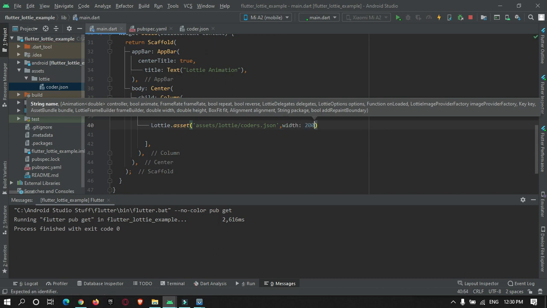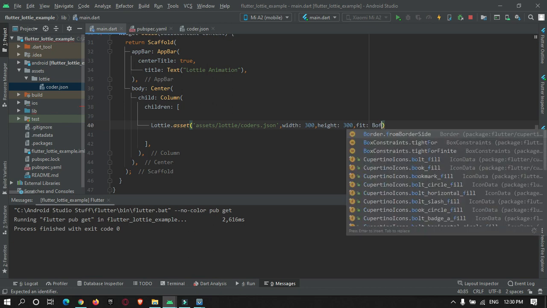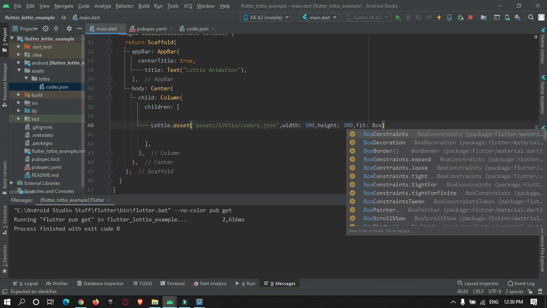You can say width 300, and height 300, and I will make it BoxFit.cover so that it will get fitted into the box.